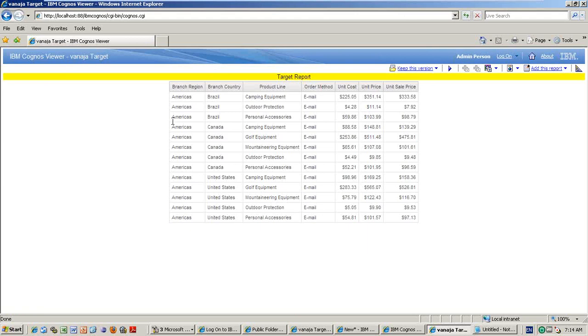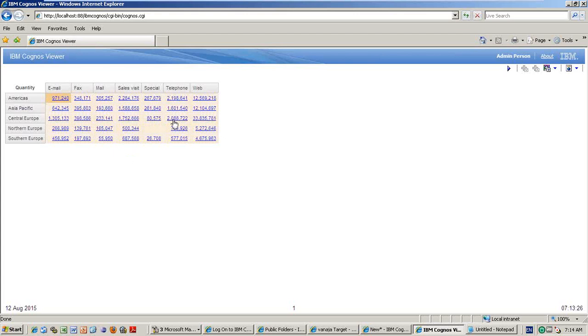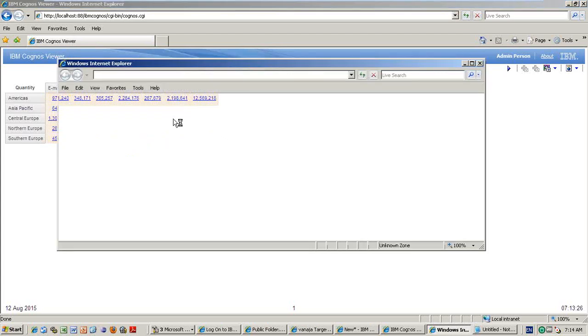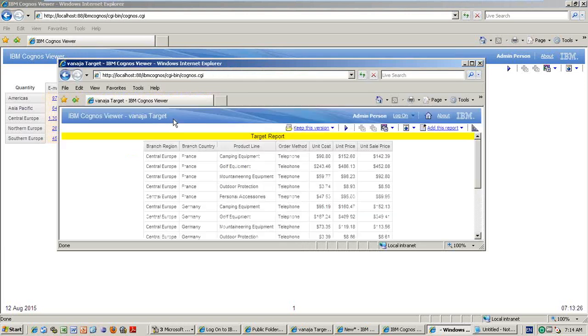See that America is only order method email. So the detailed data came for America as well as email. The same thing, for example, if I go for telephone and Central Europe, click it, it will work for only telephone and Central Europe. See that? That means it is passing the Central Europe region and that one.